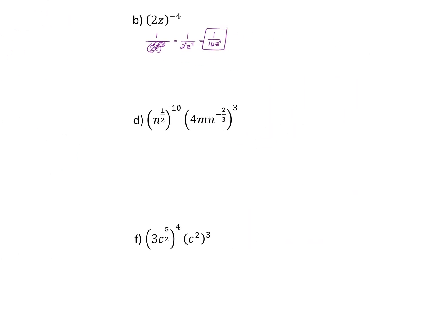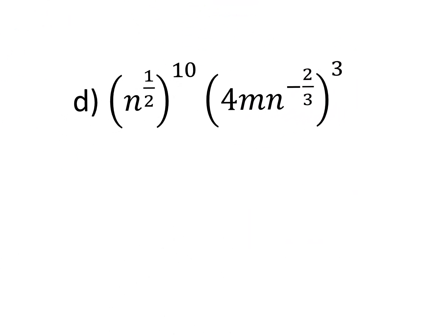Okay. Look at this one. N to the 1/2 to the 10th. What do you do? Multiply. 1/2 times 10 is 5. So n to the 5th power. Okay. What's being taken to the 3rd power right now? The 4. The whole thing. The m and the n. Okay. All of it. So 4 to the 3rd